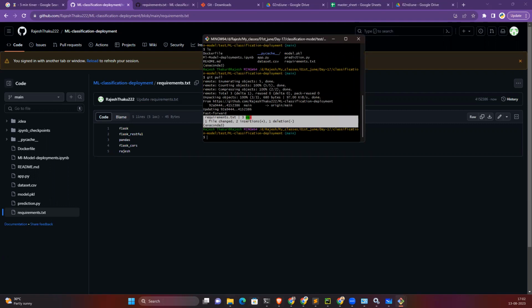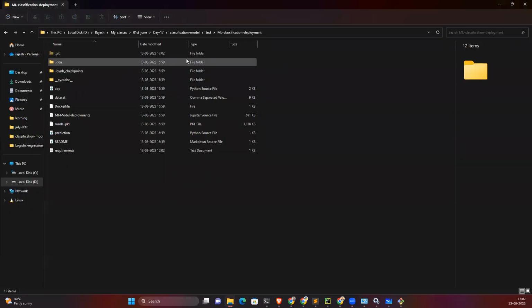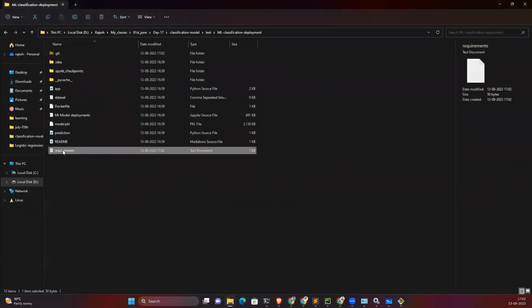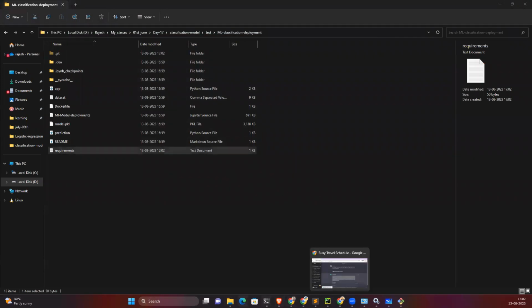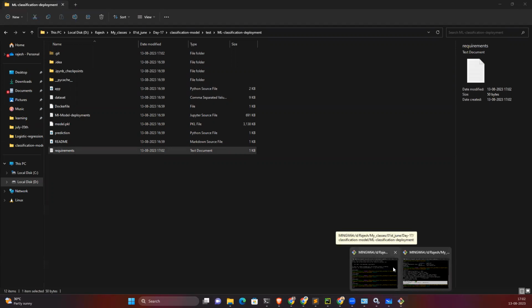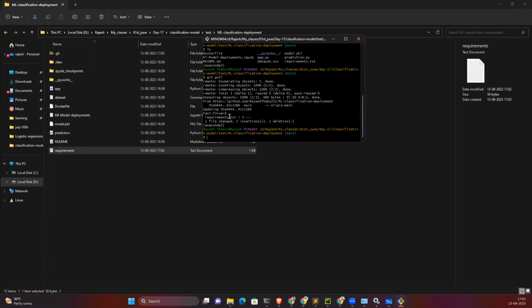And if I go inside of the test folder, the file requirement.txt, if I open this requirement.txt, it got updated. Are you guys able to see it if you are doing git pull inside of the same folder? Yeah, we have done git pull. Now we need to check the folder. Yes, you have to check that requirement.txt. That requirement.txt should get updated. So are you able to see the updated file now?